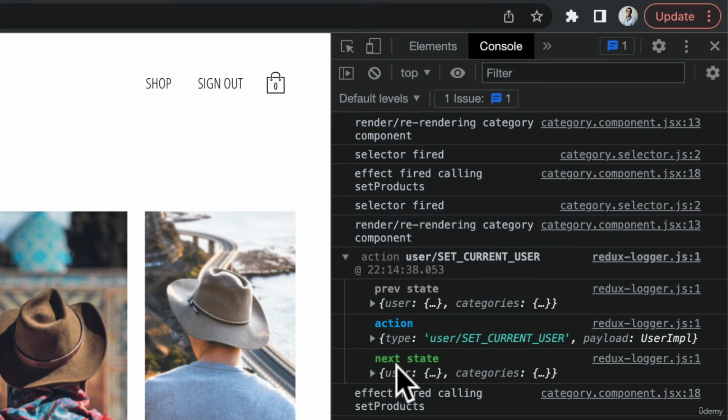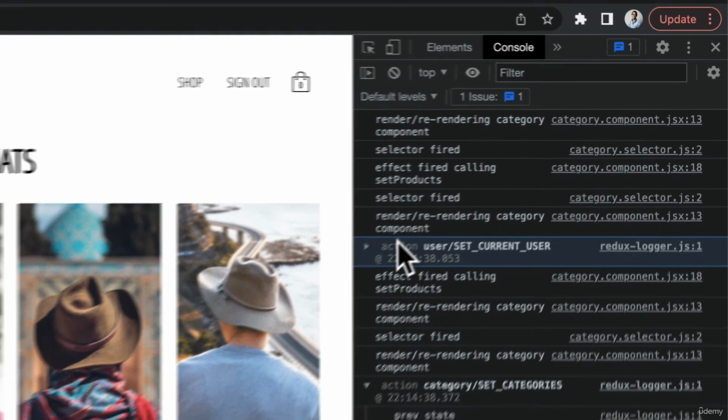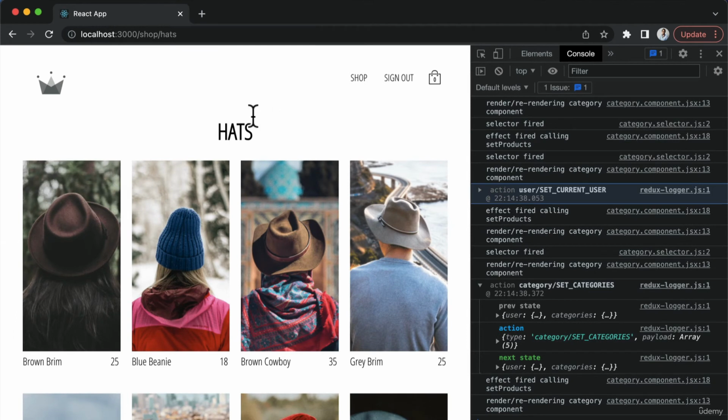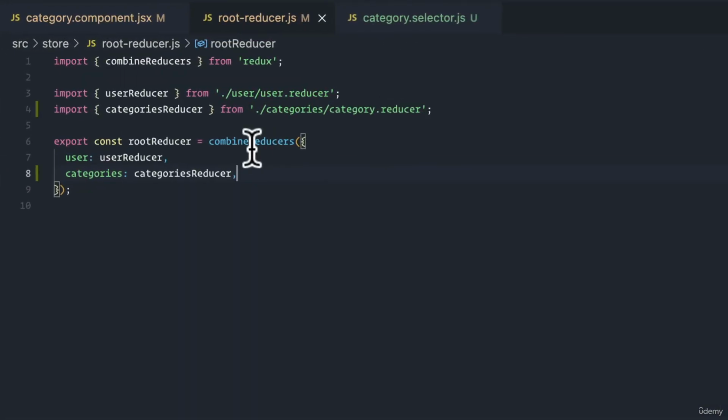And there's a lot to unpack here that I need to do in order for us to understand this. The key thing I want you to notice is that even though this logger right here is occurring below the re-render and the selector fire, this is actually supposed to be somewhere before this block happens. And I'm going to explain why this is happening because it's a rather nuanced issue. First of all, why is setCurrentUser re-rendering this component? The reason for this is because the root reducer, as I mentioned, whenever root reducer updates